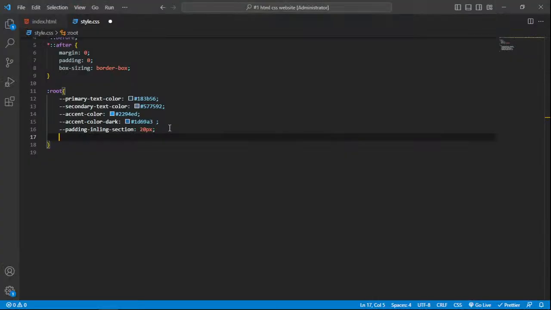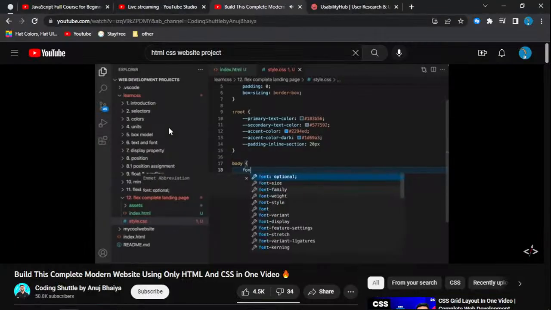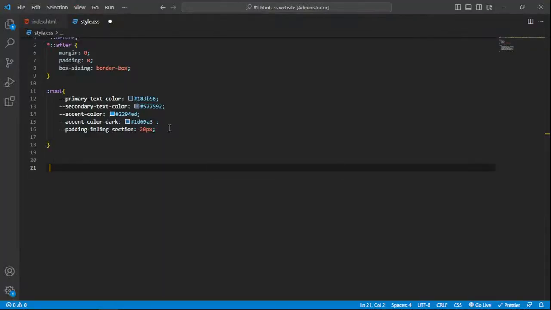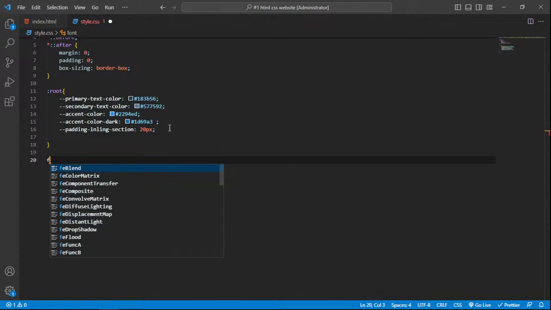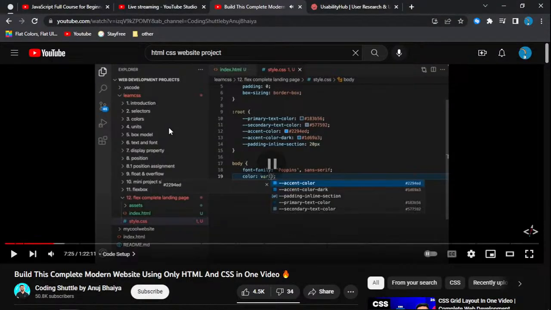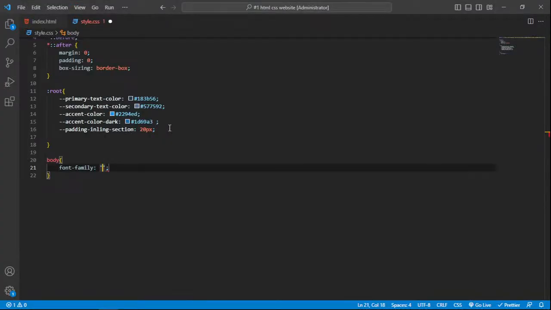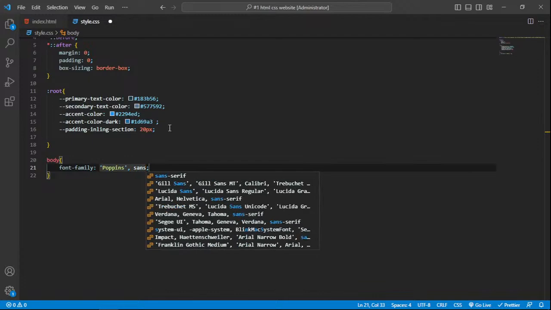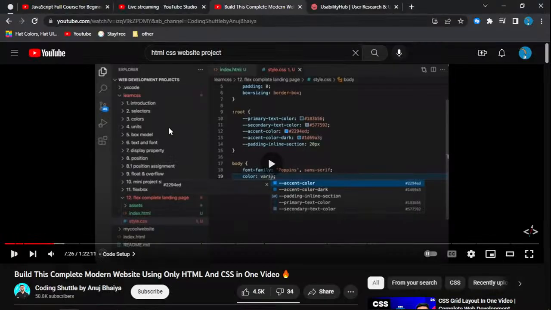के बाद हम अपनी बॉडी के अंदर कुछ चीज़ें लिख रहे होंगे, फॉर एग्जांपल फॉन्ट फैमिली जो भी हम ऊपर से लेकर आए हैं, तो फॉन्ट फैमिली। तो पूरी वेबसाइट के अंदर जितने भी हमारी हेडिंग्स हैं H1 H2 H3 सब जगह पे हम पॉपिंस यूज़ करने वाले हैं, तो पॉपिंस सैंस सेरिफ, पॉपिंस नहीं मिला तो फॉल बैक टू सैंस सेरिफ, और जो भी हम कलर यूज़ करेंगे वो होगा हमारा प्राइमरी टेक्स्ट कलर। तो बाय यूजिंग दिस वेरिएबल फंक्शन,